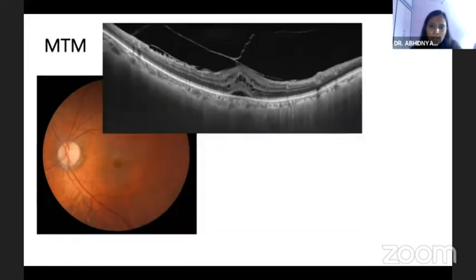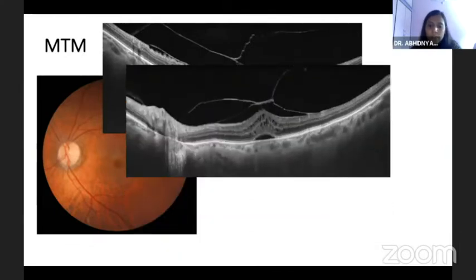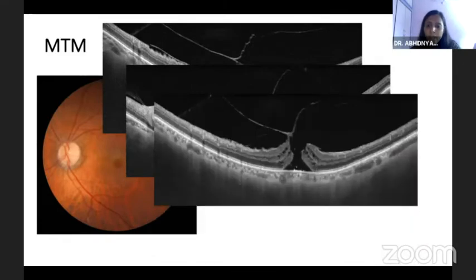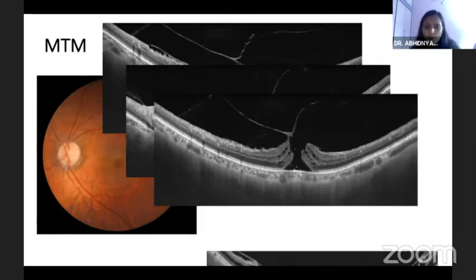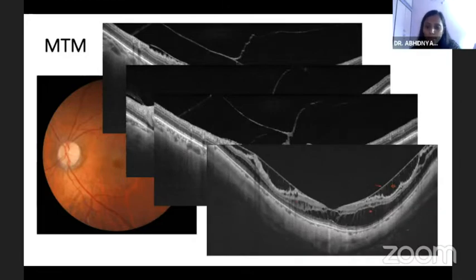Now, in case of a simple myopia, a naive person might just miss out any changes at the posterior pole. But OCT does show these changes very prominently, like focal traction causing inner retinal and outer retinal problems, the presence of subretinal fluid in this case, and the development of the macular hole. Also, these cases may be associated with foveal schisis.